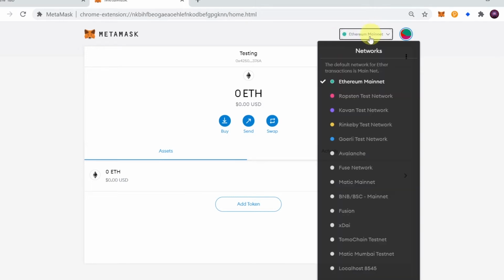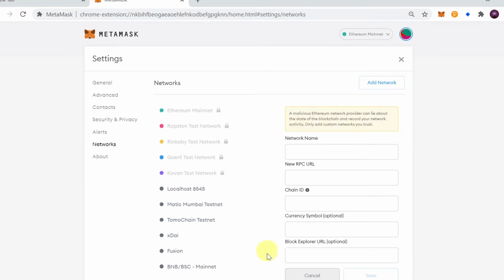We just need to click over here, and over here we will be able to add Binance Smart Chain mainnet, for example. And in order to do that, we need to move our mouse to the bottom where we see custom RPC and click on it. Once you do this, you will see on the list over here network name, new RPC, chain ID, currency symbol and block explorer. So we will have to fill all those fields, just as you can see on the screen